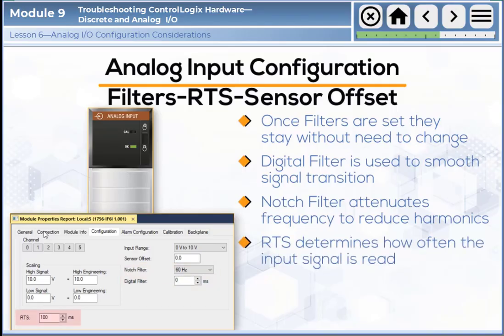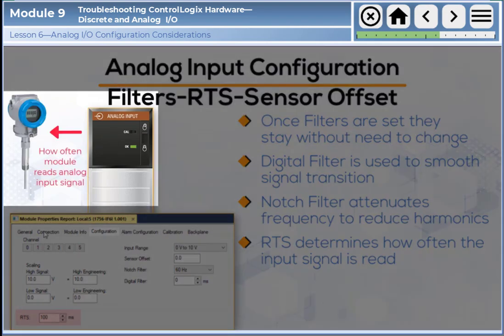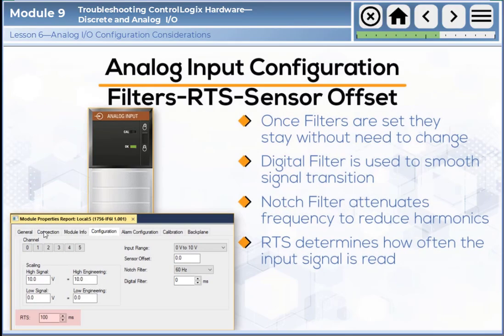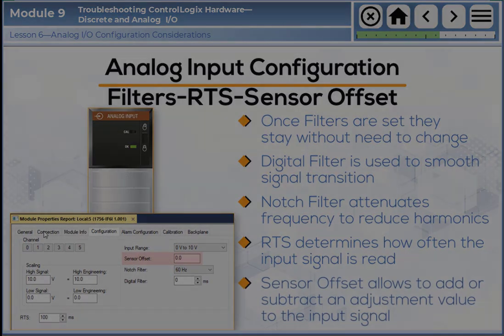The real-time sample, or RTS, is a setting entered in milliseconds, which determines how often the module goes out and reads the input signal, or in other words, goes out and samples the input signal value to send to the controller when the requested packet interval, or RPI, expires. The sensor offset deals with the need to add off